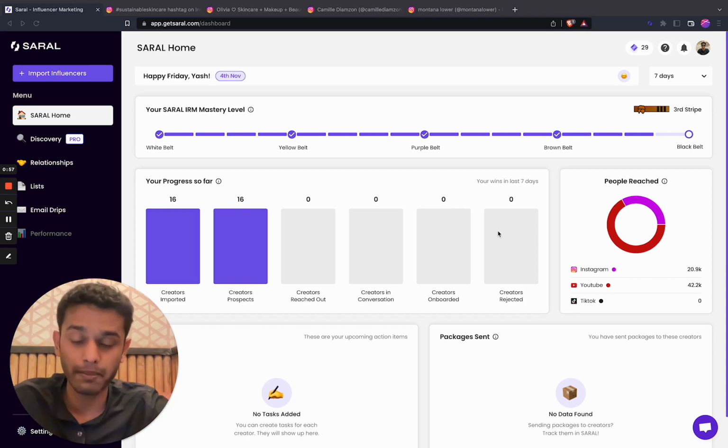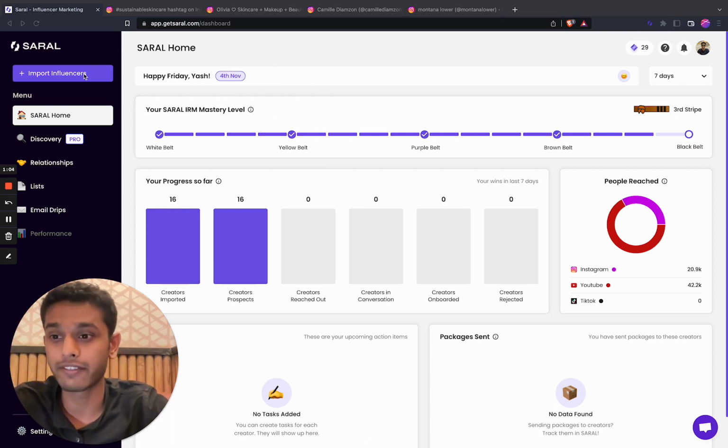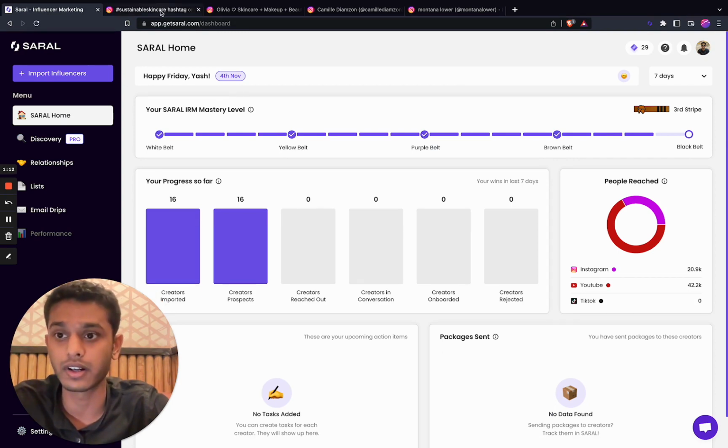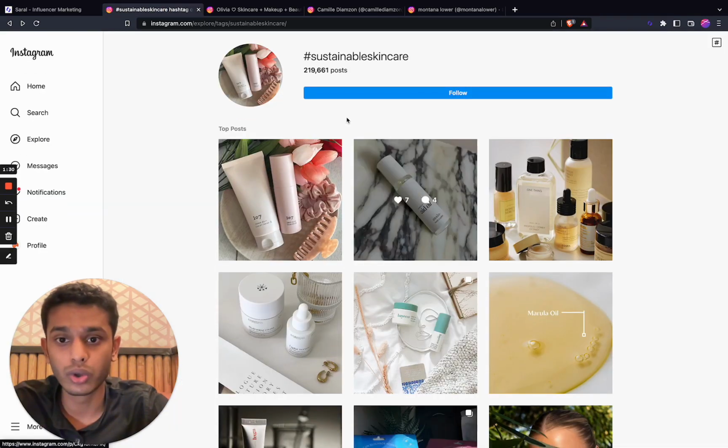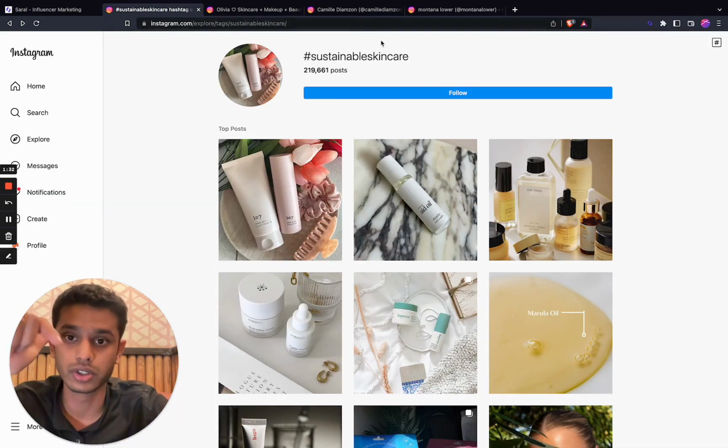So the first step for any influencer campaign is to find influencers for your brand. There are a couple of ways you can do it. If you have influencers you've worked with in the past, you can use this import influencers option to pull that Google Sheet in as data inside of SARAL. And then there are two more, better ways. You can use our discovery tool right here. We have pretty much an unlimited database of influencers that you can find. And you can also do hashtag search and find influencers who are already posting content about a particular hashtag